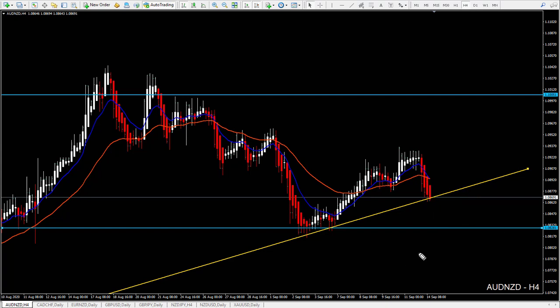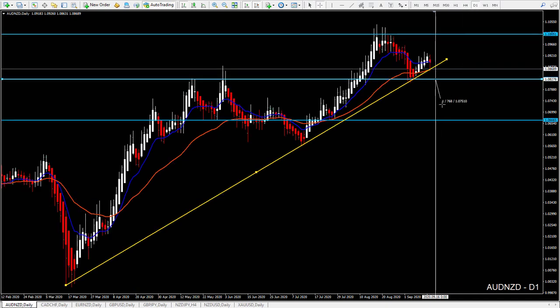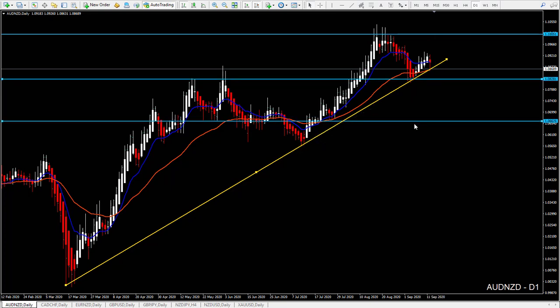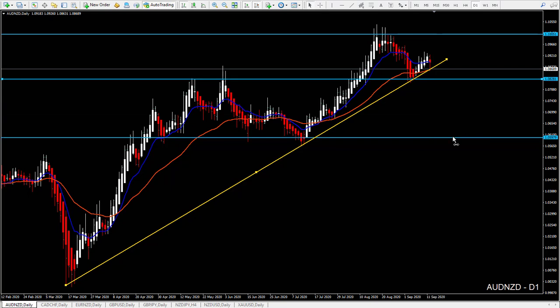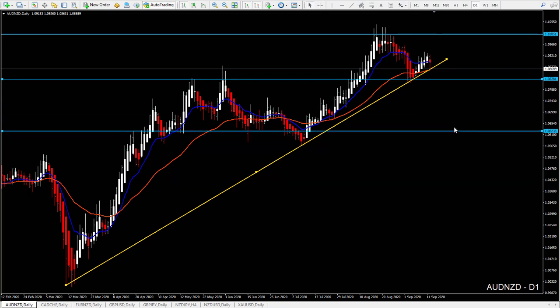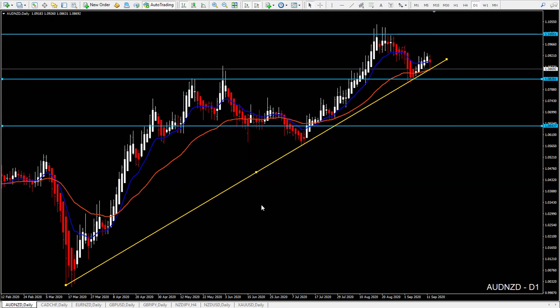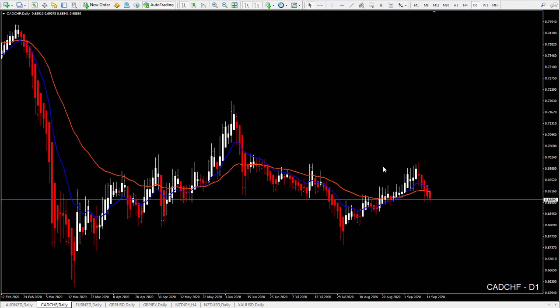If you want to be more conservative, we need to wait for a breakout of this, and then we will have new lower lows, possible lower highs, and our doors can be open for the next possible target, which is quite far away. It's like 150 pips or even more. Maybe price will retest those lows. Yes, so even more, around 200 pips. So this is still planned for Aussie dollar, New Zealand dollar. So we will wait. CADCHF,